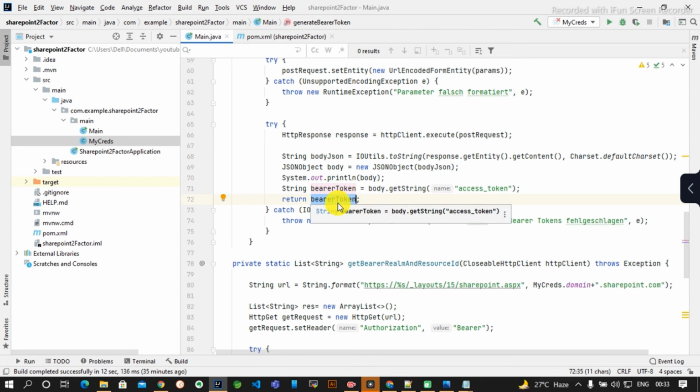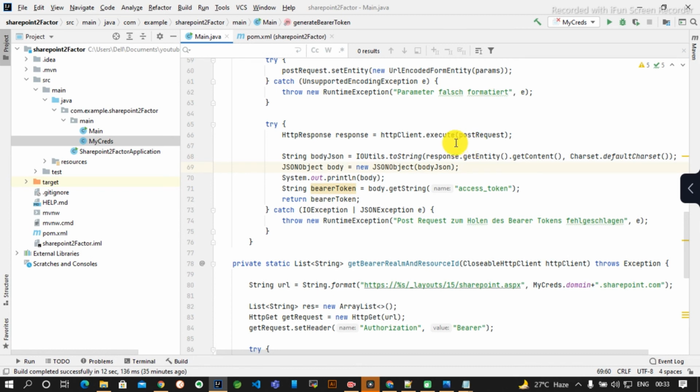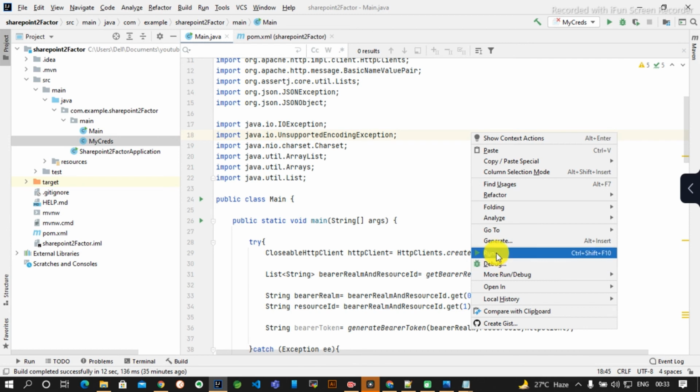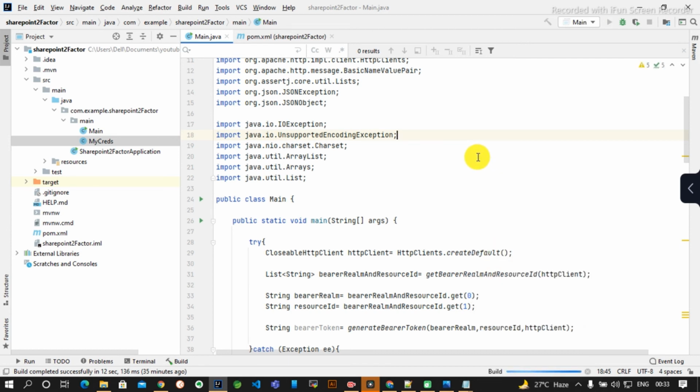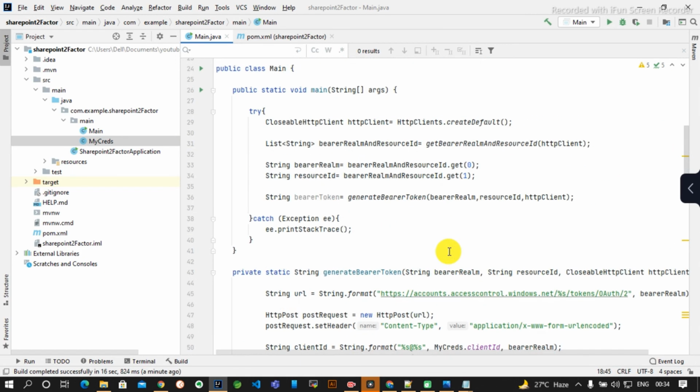Okay, so I will not print the, okay, let's print the JSON. You will have a better understanding. Okay, here I am also printing the same thing. So let's run this application. I hope you can use the access token and you can create some. For example, let's fetch some data, like I will show you.